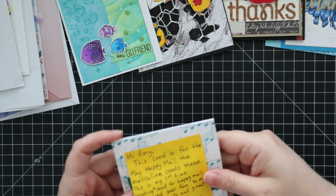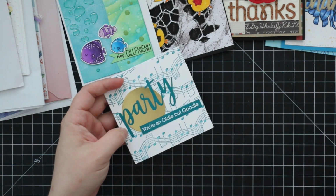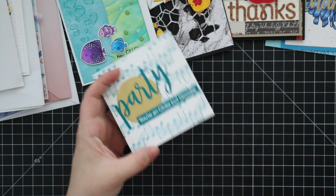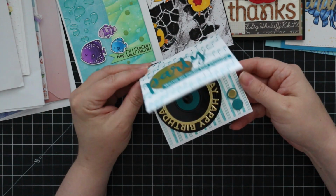And then I've got this one from Terry. And this was for the May theme. But like I said, I'm not a big stickler. This is her first time sending a card for the Happy Mail. I think it's so much fun because it's...